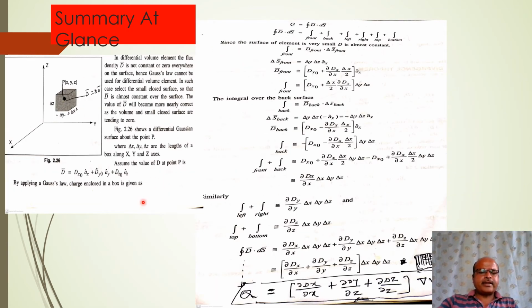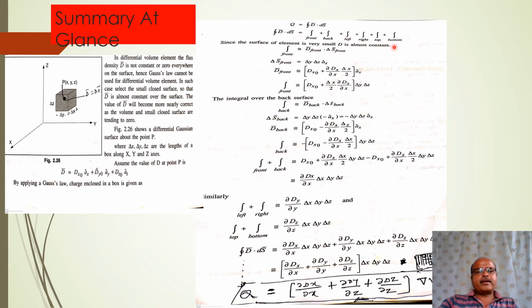So, summary at a glance, as previously mentioned, but for students who have not understood this derivation, we will revise in one to two minutes. Consider the Cartesian coordinate system. Consider this rectangular box having lengths ∂x, ∂y, ∂z. Point P is placed in the Cartesian coordinate system x, y, z, and the electric flux density at the center is denoted by D0 bar, given by Dx0 ax cap plus Dy0 ay cap plus Dz0 az cap. So from Gauss law we have Q equal to closed integral D bar dot dS bar.